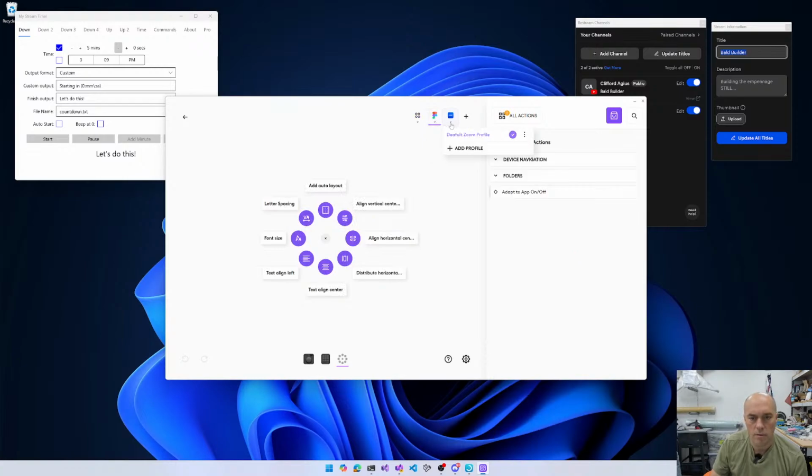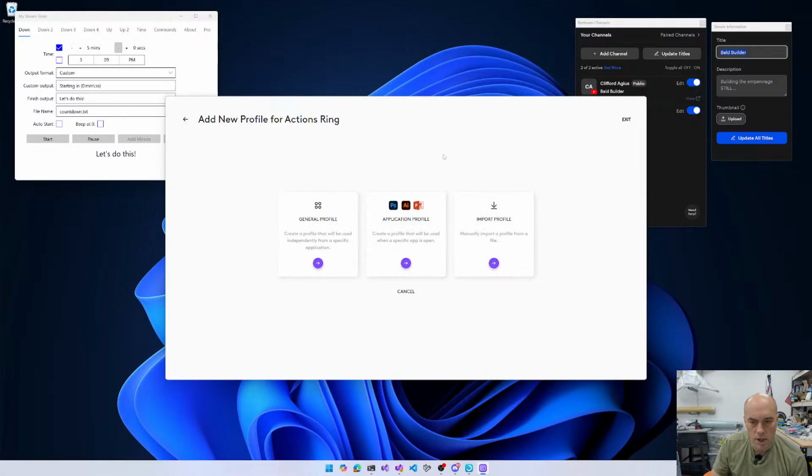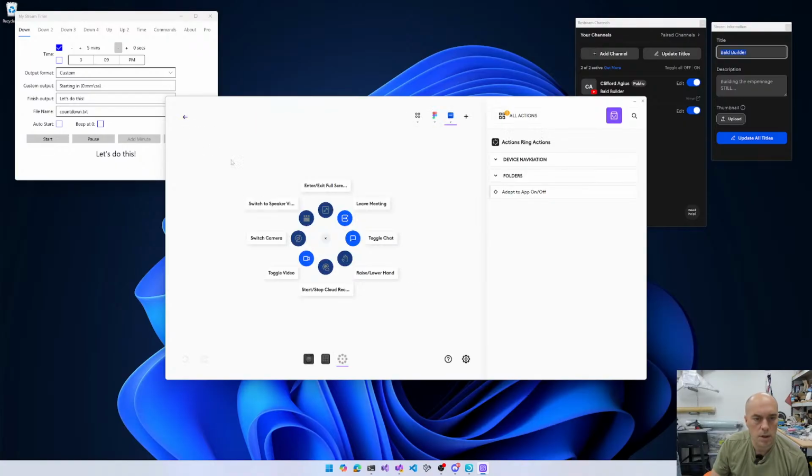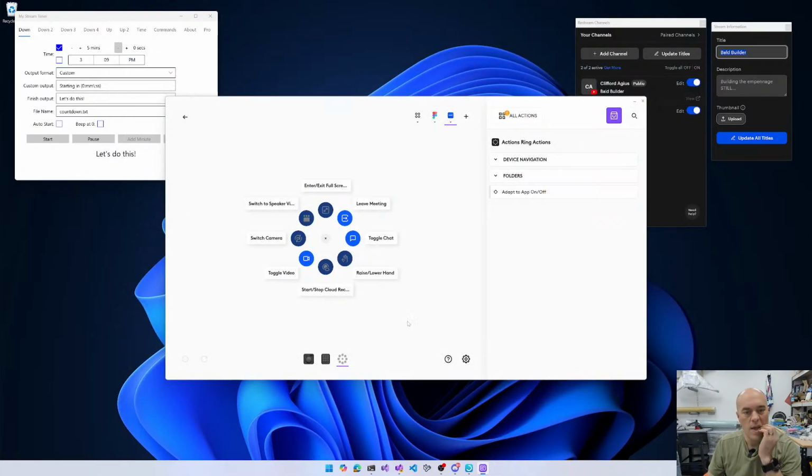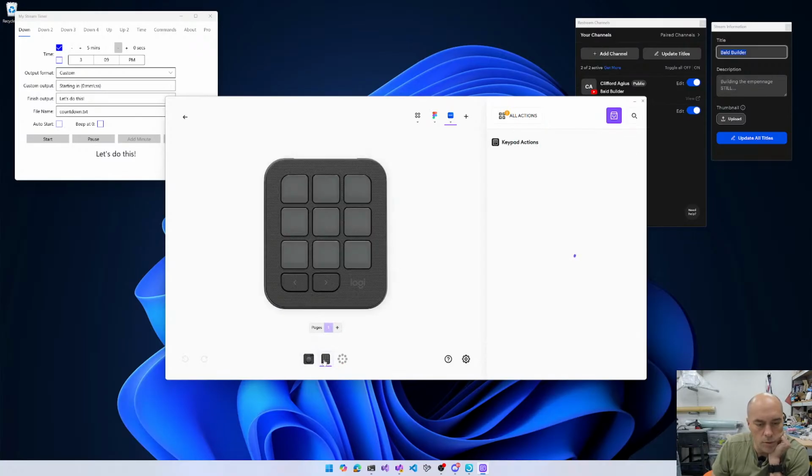There's a Figma profile, a Zoom profile. I wonder if there's an OBS one. Oh, for the ring. Oh, okay. So if I twiddle the knob, you can see it turns my volume up and down at the bottom, which is kind of cool. What's the up and down one do? Vertical scroll, no idea. If I press that, it opens the Windows Explorer, which is kind of cool. But I don't want that. I want this to do